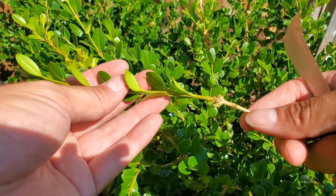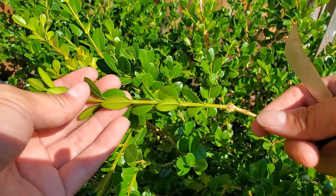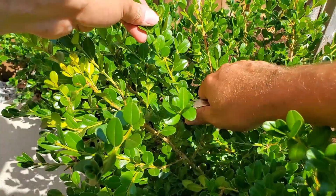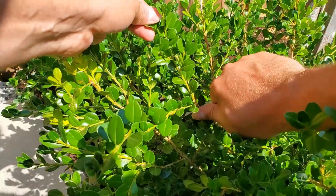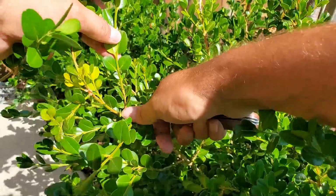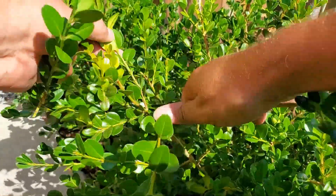So let's go ahead and we're going to cut a bunch of branches off and prepare these and then pot them up. So again, I'm going to go in, I'm just going to cut it down. I'm not going to show you all of these. Here's a good example right here